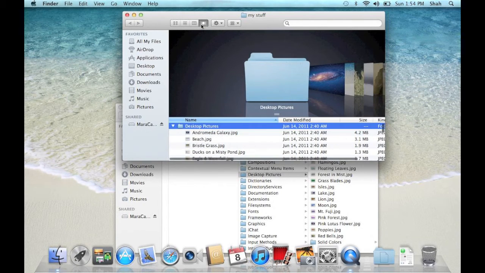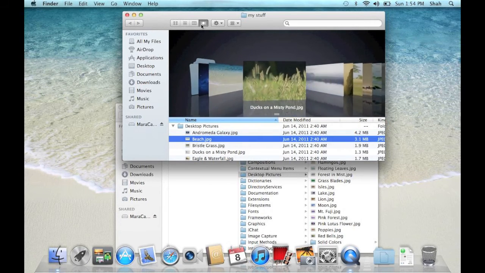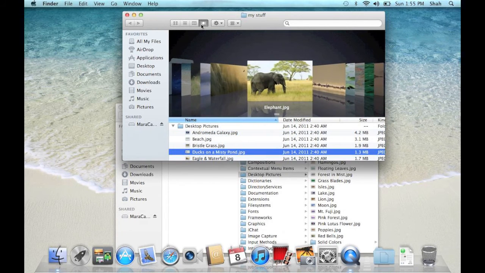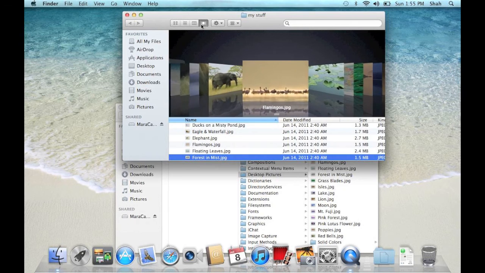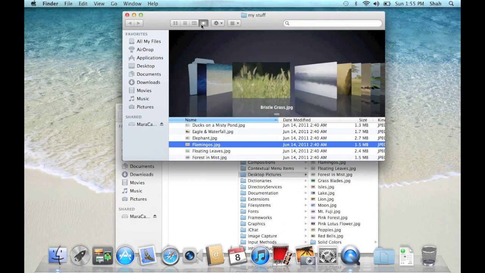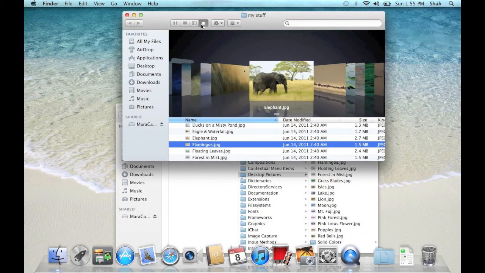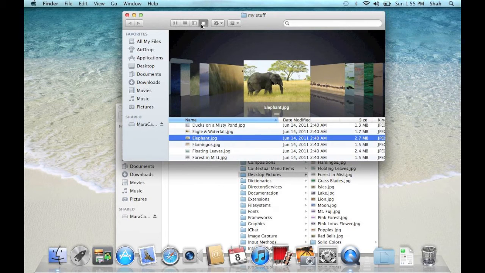You are now able to preview the pictures inside the Desktop Pictures folder. Use the left and the right arrow keys to move from picture to picture. Click Icon View again.